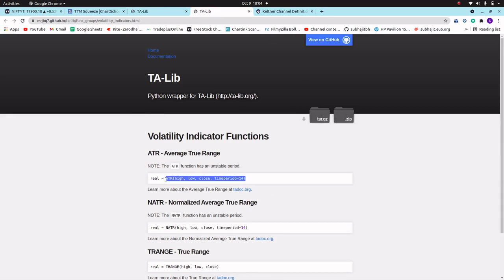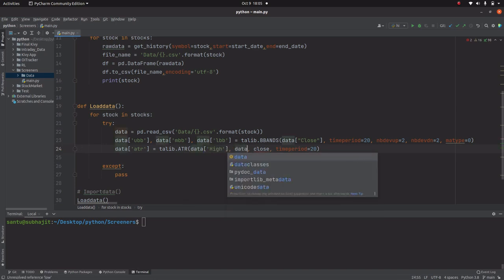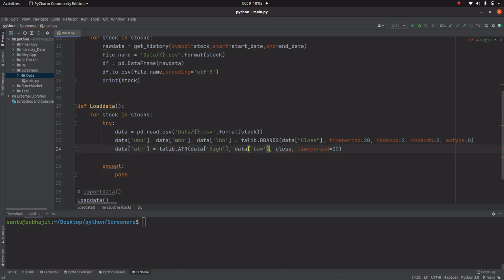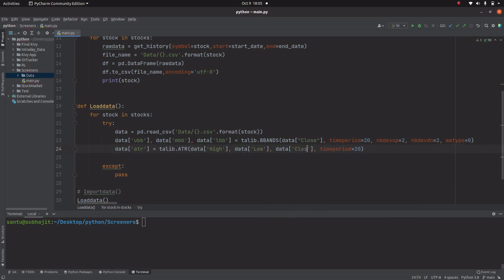Let me copy it and paste it here, and we will take the ATR period as 20, and we will take talib.ATR, and high will be in my data, so data high, and low will be data low, and also close will be data close.